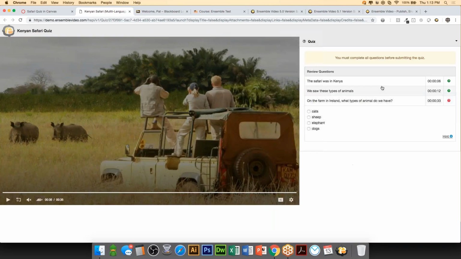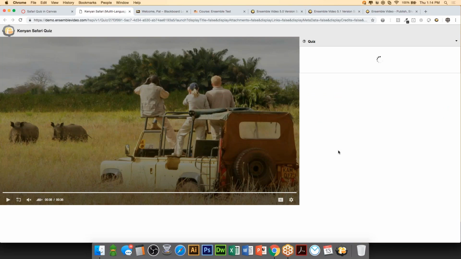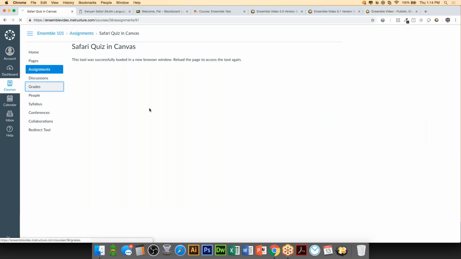But in this case, we are going to look at this last question, and we'll say we definitely had cats. Okay, submit the quiz. That was supposed to be a multi-select. I think I did that wrong. Anyway, so I got one wrong, which is totally fine. I could retake it because that were the settings. But what I want to show you is in the gradebook,